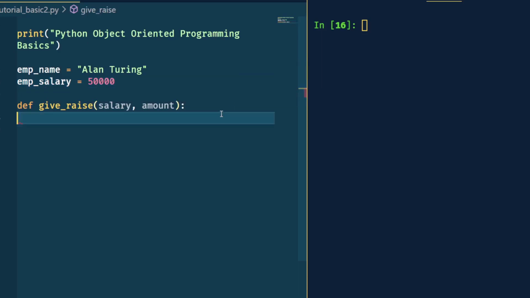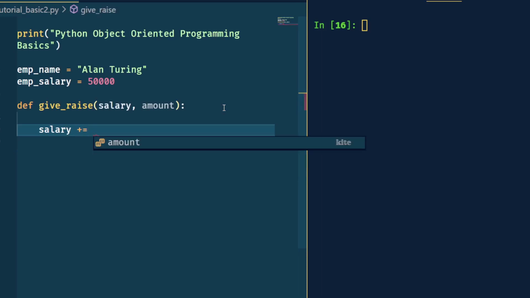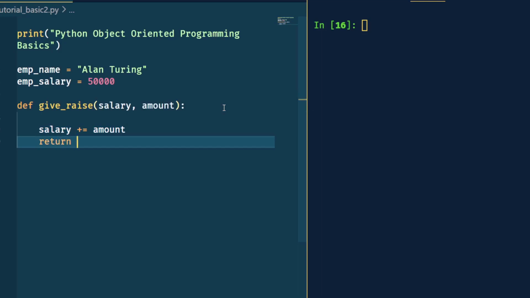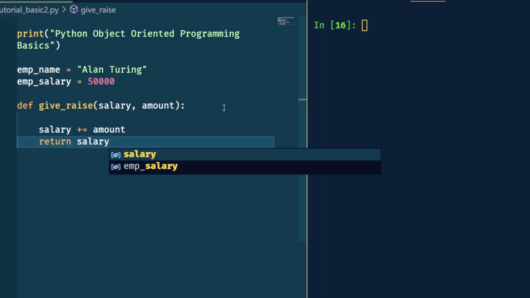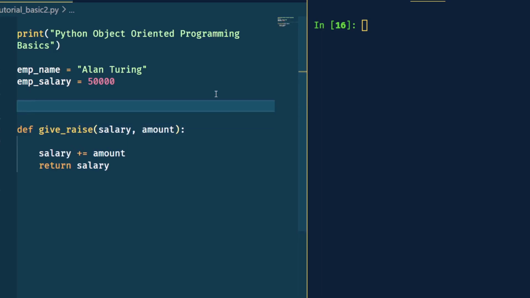Sure. All right. So this will be a very simple function. They will just take a salary, right? The parameter salary, and let's just say they will add to it an amount. Simple as that, and it will return that new salary back to us. So we're going to test it by printing